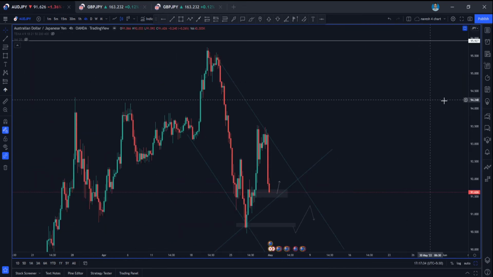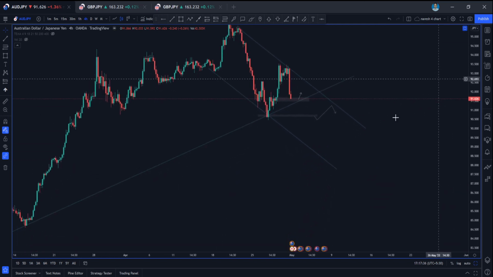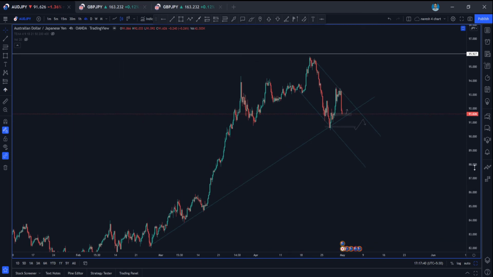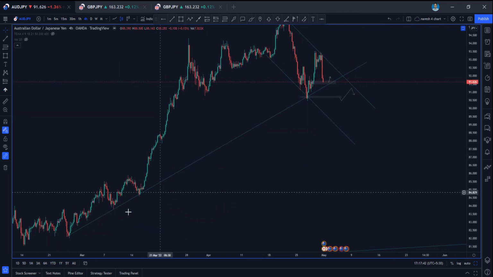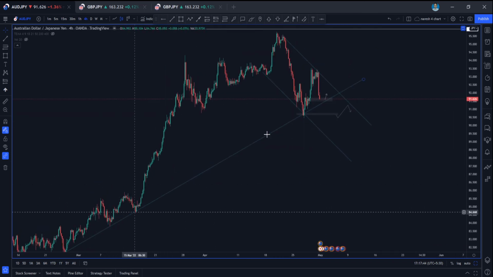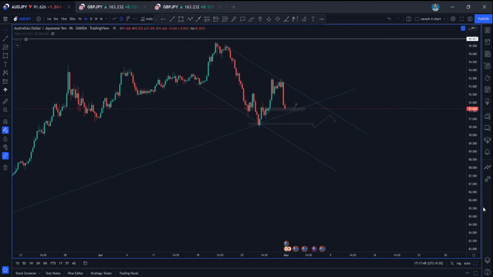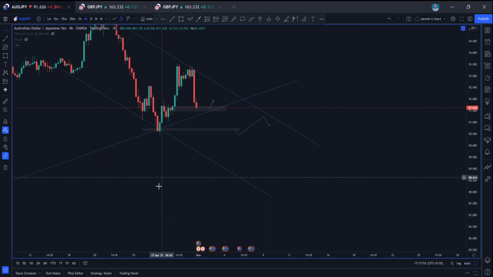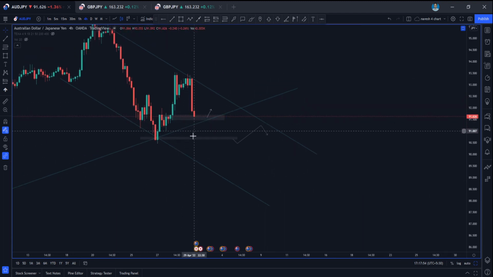And AUD JPY is similar to NZD JPY. It is in a downtrend, but I would wait for the break of this trend line, because you can see that in the 4 hour time frame we are able to connect these points and we can clearly draw this trend line, and it has already respected this trend line and moved up. So I would wait for the break of this trend line and again tapping this area. So if it is breaking down, I will be waiting for the pullback to this trend line again,